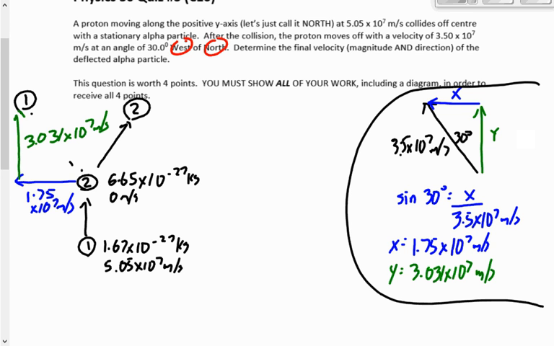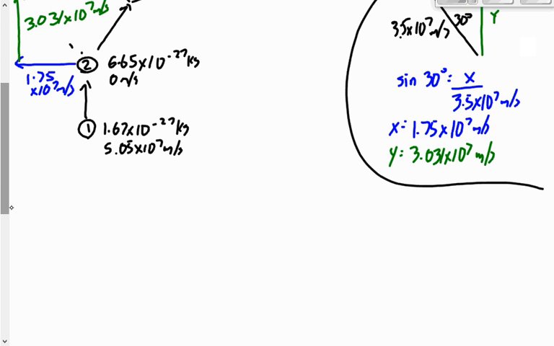If we had the angle of the final velocity of the alpha particle, that would be one of those problems given the angle. We could do one component or the other and then take a shortcut, right? We don't have that here, so we have to do this the long way. We got to do both x and y components. So let's start with x. X is the one that I like,